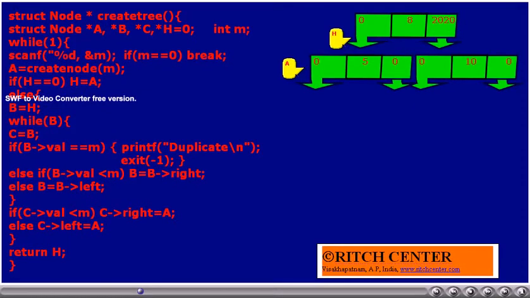Now let us consider that the user has entered another number, 5. A new node is created with the number 5 and a becomes the pointer for it. Now this new node we want to insert into the tree such that the binary search tree relation is satisfied. Thus, when we check the if h is equal to 0 statement, as h is not 0, the else component will be executed.